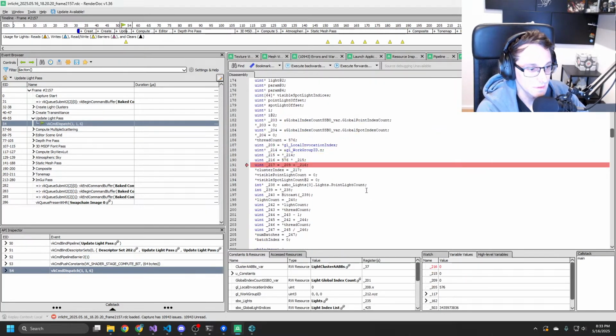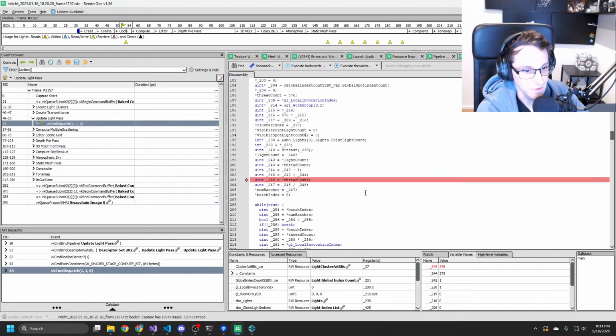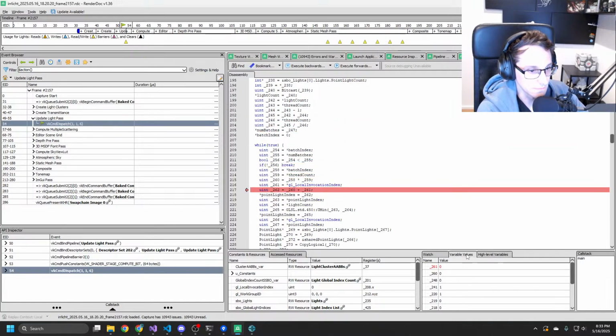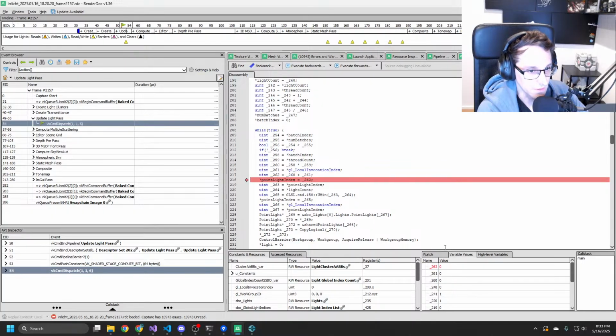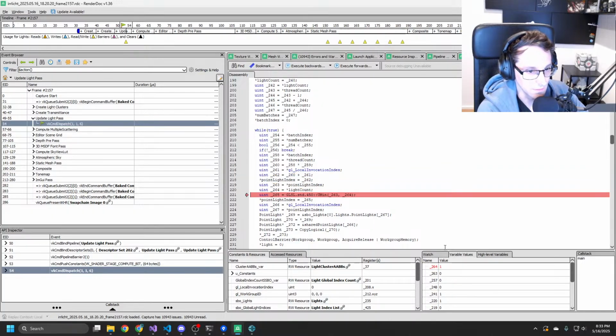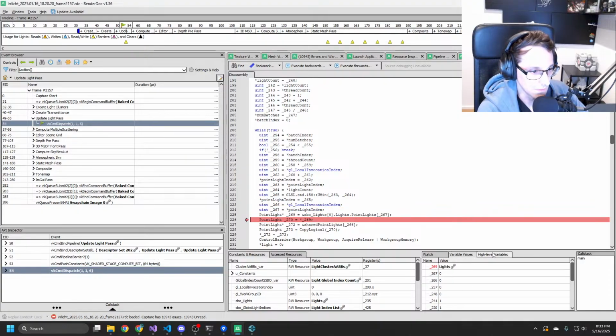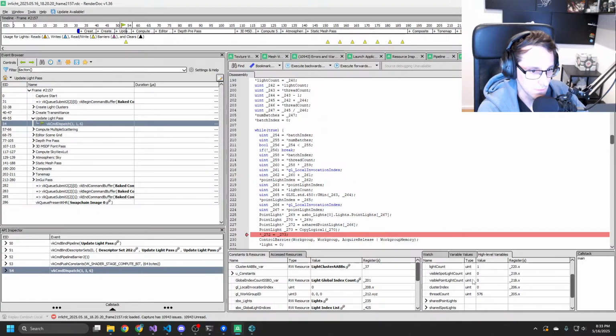That is like the point light index 0, right? And then shouldn't that write in our stuff?